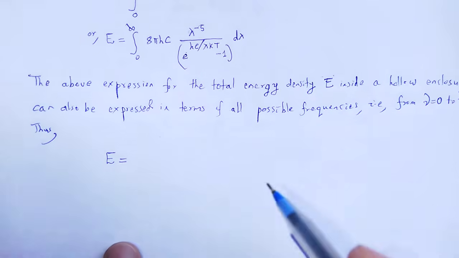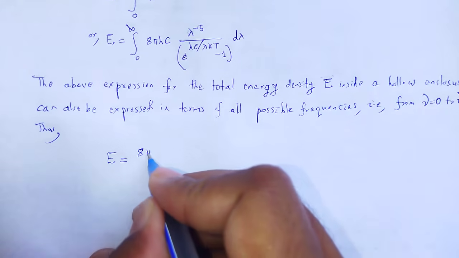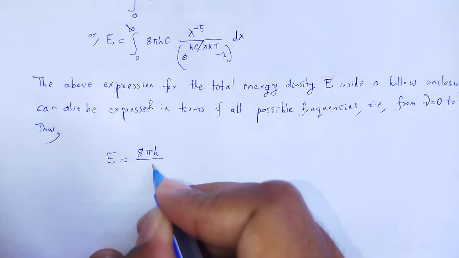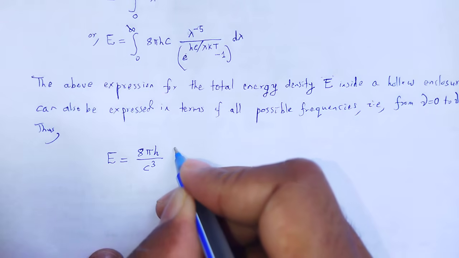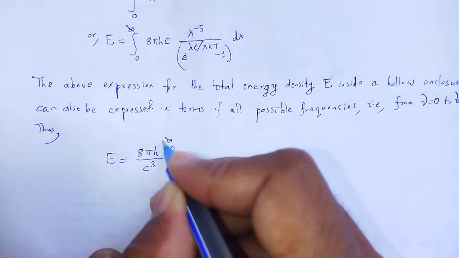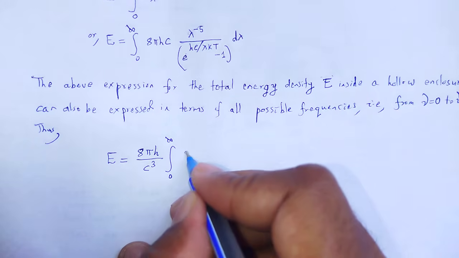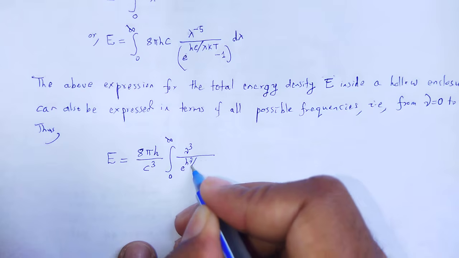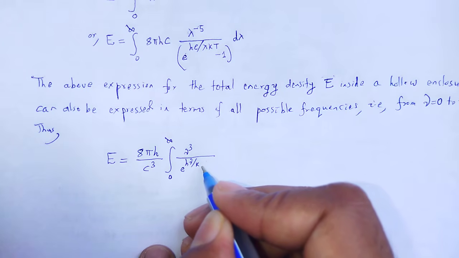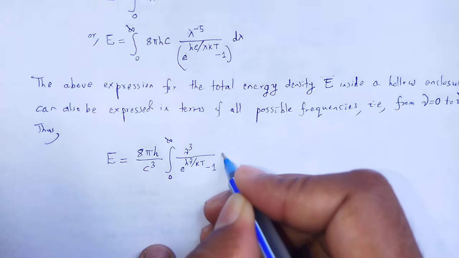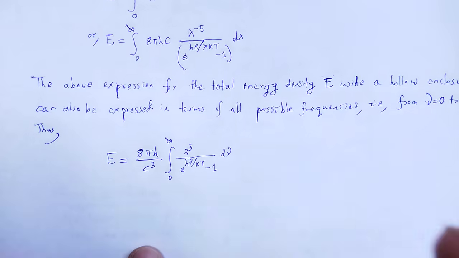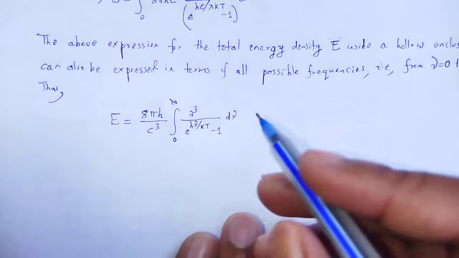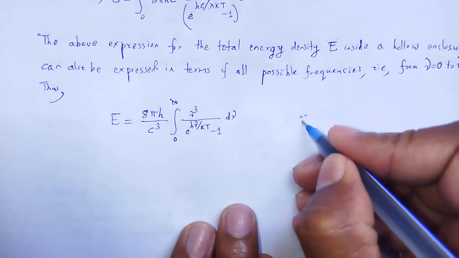So, E is equal to 8 pi h divided by c cube, integration from 0 to infinity, nu cube divided by e to the power h nu divided by k t minus 1, d nu. How to solve that type of integral? To solve this,